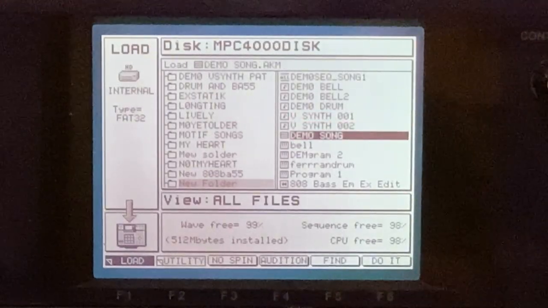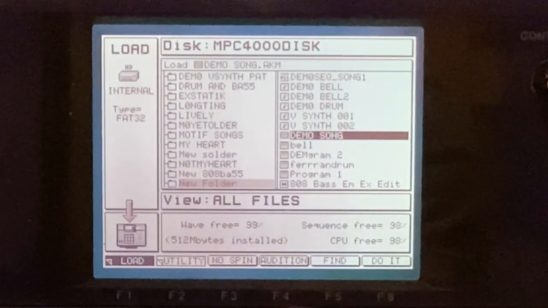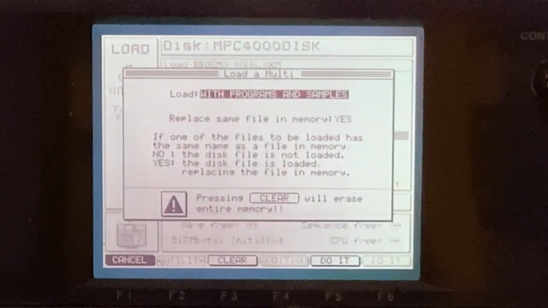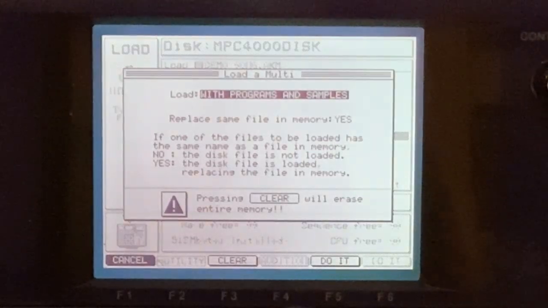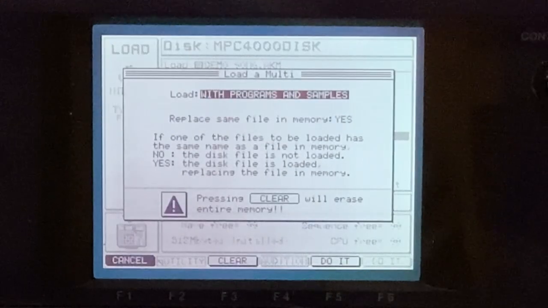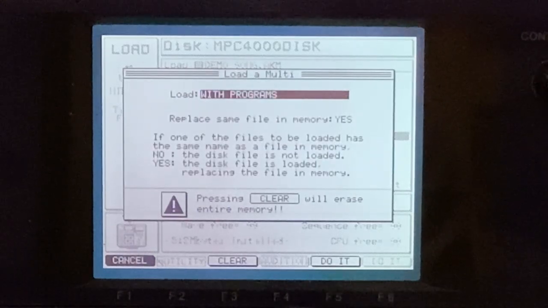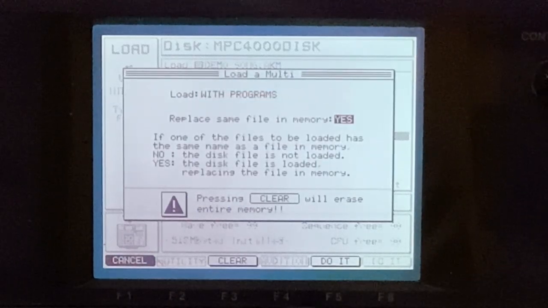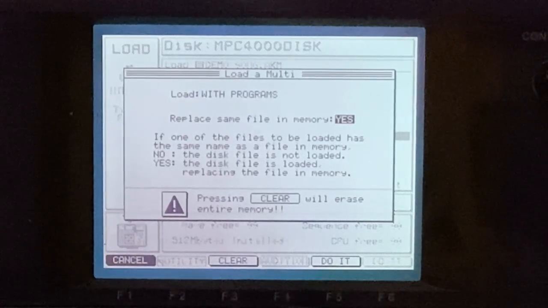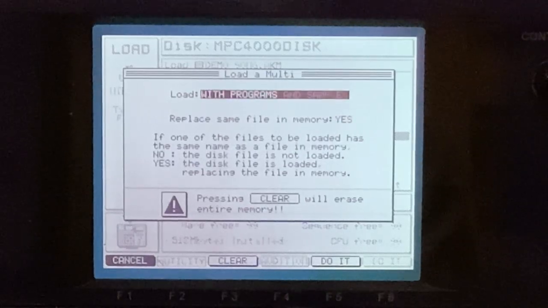This is the multi-file demo song. So if I press do it here, it gives me some options. As you can see, the options there: load with programs and samples, or load multi only, or load with programs. And obviously it gives you the same option here, replace same file in memory, and it gives you a breakdown of what that is underneath it. And there's another option at the bottom there, as you can see on F3,